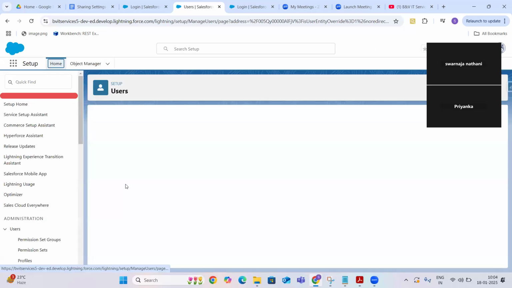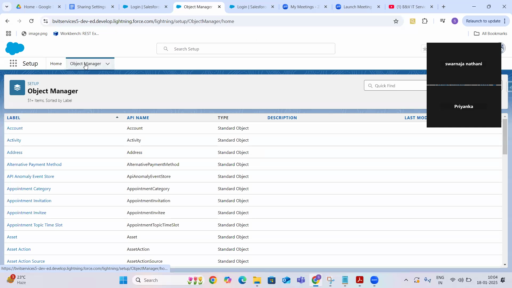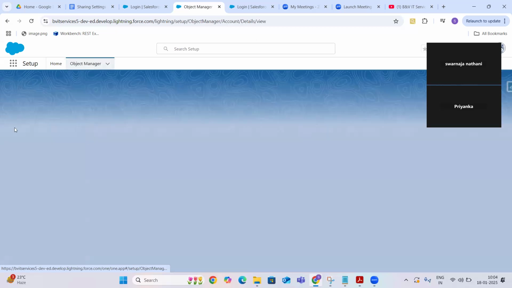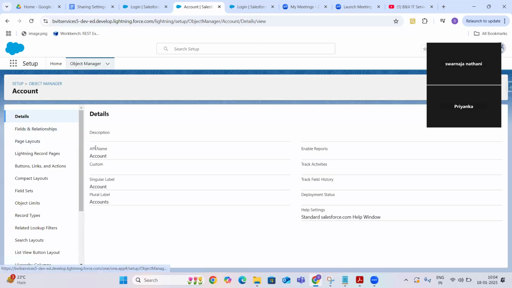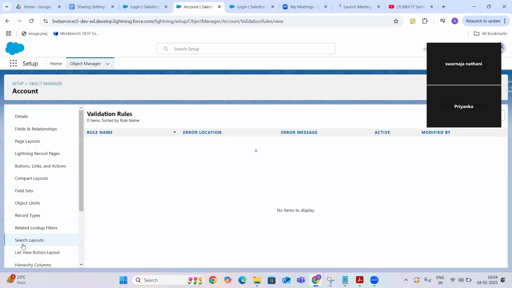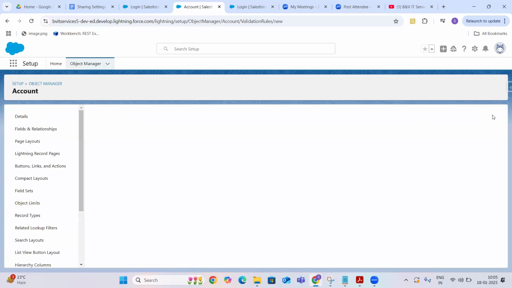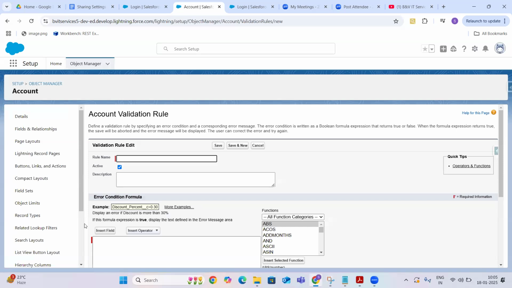So if you see your content, formulas and validations are one concept. Why formulas and validations are one concept is, for example, if I open up any account and I would like to write any validation rule, the thing I need to write is the formula.